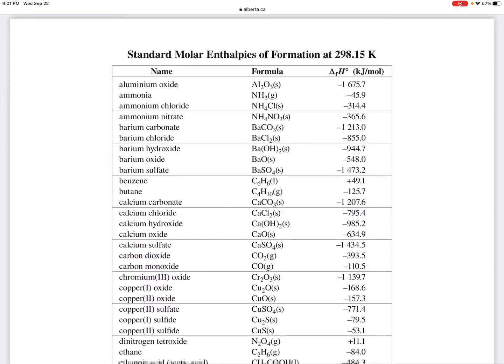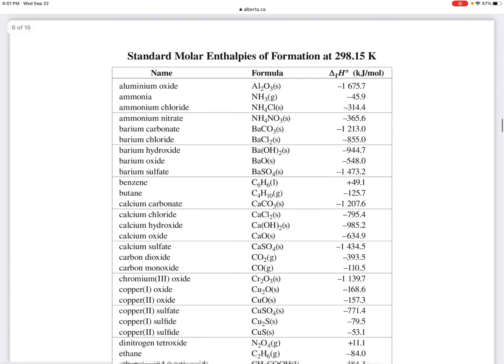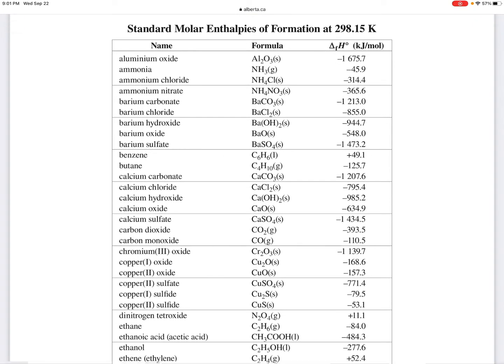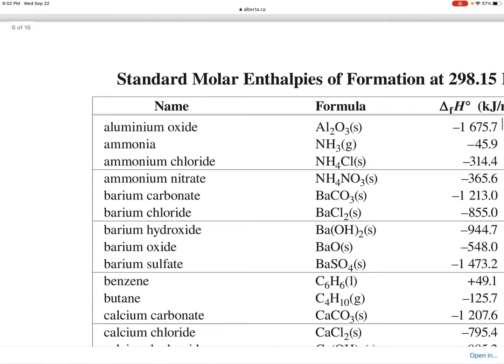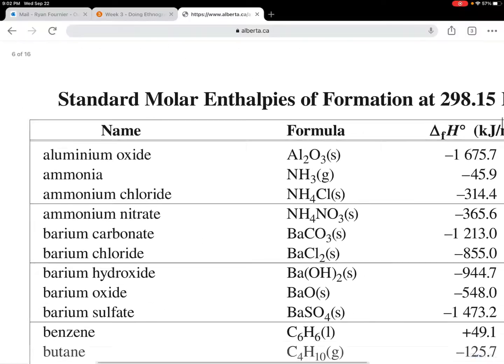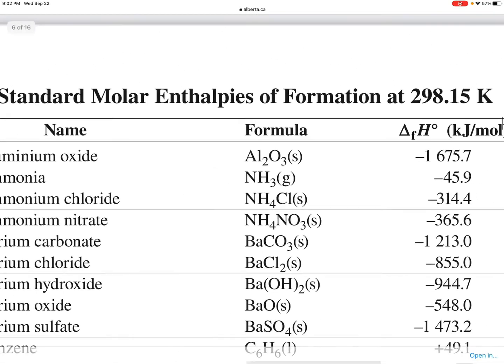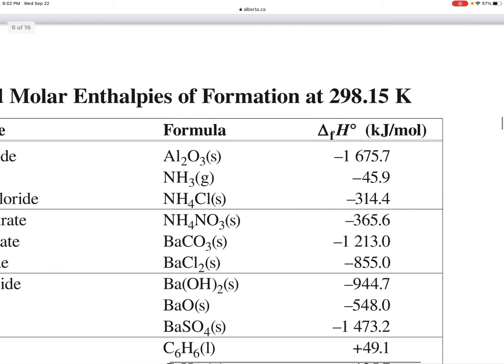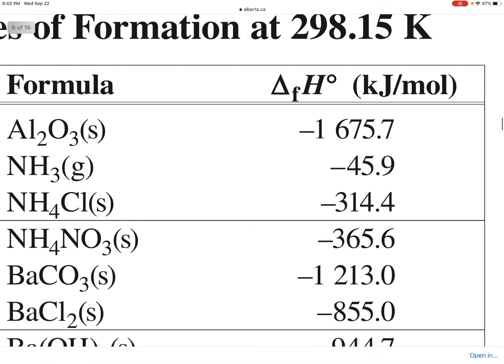Now, if we go to pages 4 and 5 of the Chem 30 data booklet that you can find on the website in Alberta here, we have a bunch of standard molar enthalpies of formation for various compounds. On this table, we have the compound names. So if we look, for example, at aluminum oxide over here, we have the compound formula, the state as well, because forming aluminum oxide solid is different than forming it as a liquid. And we have the enthalpy change per mole, which would be negative